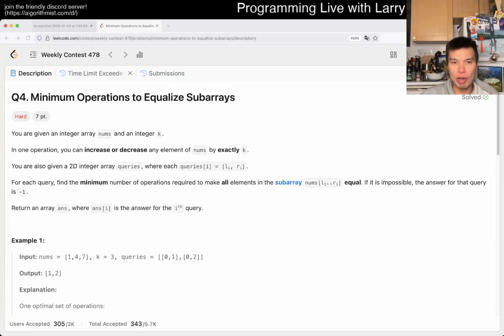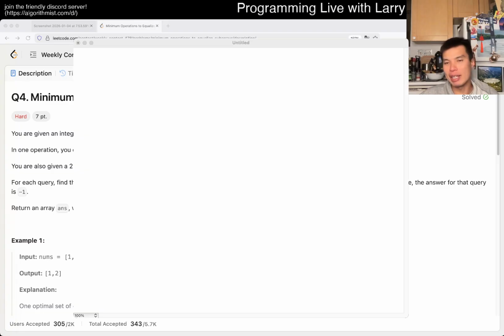Let me bring up the drawing board real quick. The first idea that we're going to do is this idea of k, like increasing and decreasing by k. And this part is pretty simple, because basically, if you mod every number by k, if the mod result is different in a subarray, then it